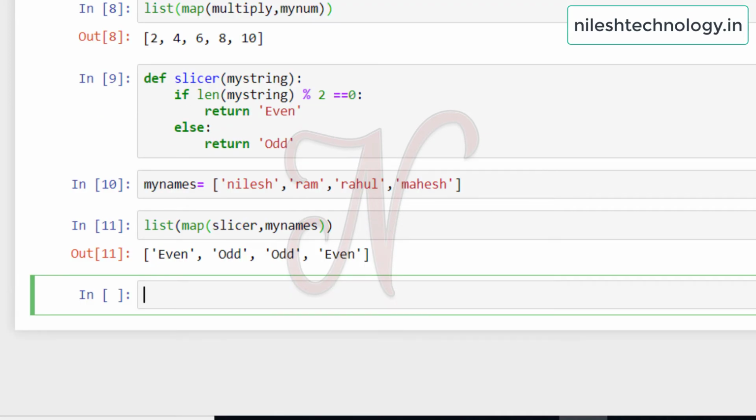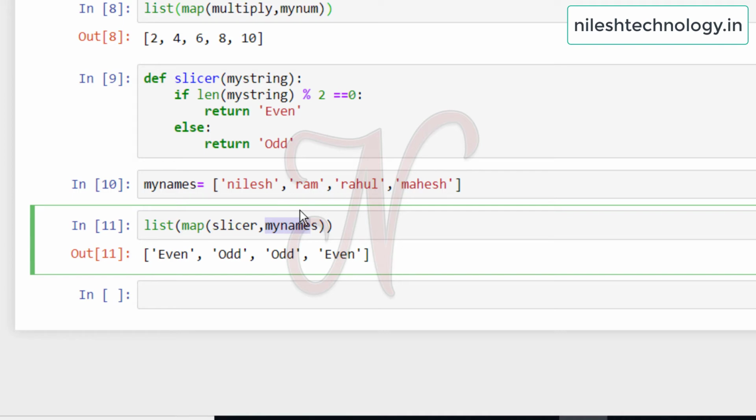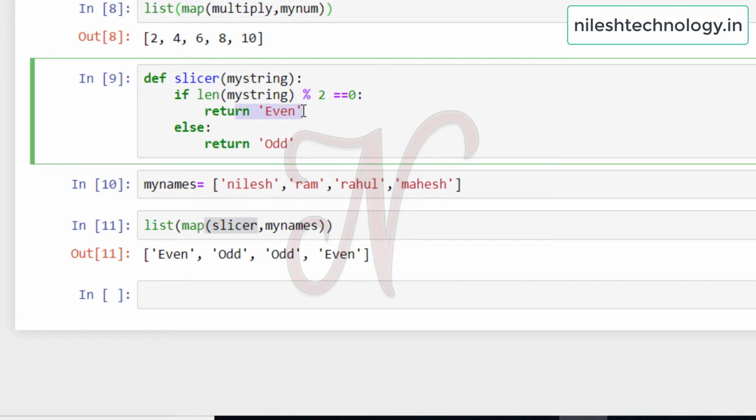One by one, the items in that list go to this slicer function, and in the slicer function we check if the length of the string is even, then return the even message, otherwise it returns the odd message.